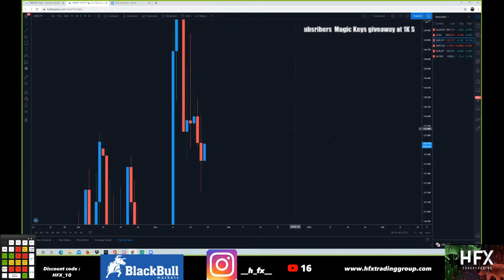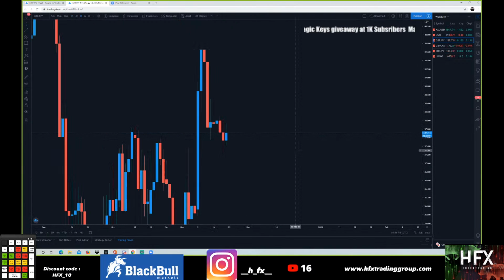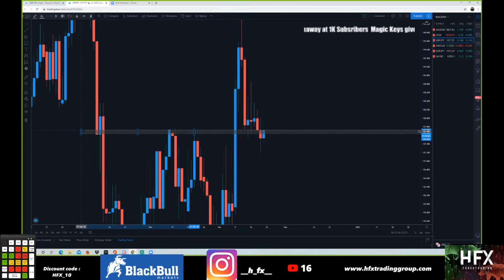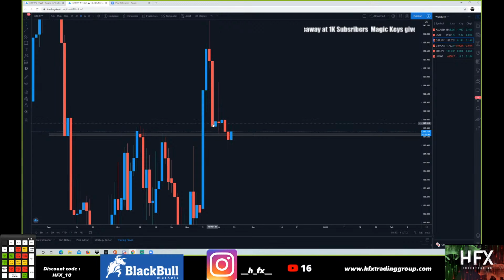So, let's start with the daily time frame. It's gonna give us some good information. What we saw with the daily time frame was that we created a support over here, but we also had this area to the left that we broke out of. If we neaten this up a bit, this resistance over here from October, we also had a support at this area from the 8th of September. So these candles were kind of just closing above this zone, wicking into this area. But then this candle, Wednesday's candle, came down and closed at this area. Now Thursday's candle was like an impulse entry, came down, wicked into this area, retraced, but it closed below this zone,